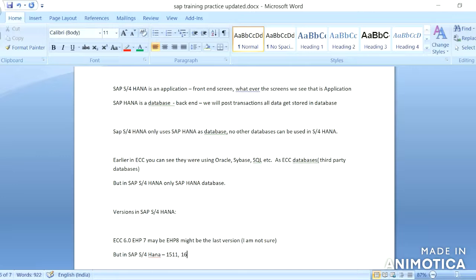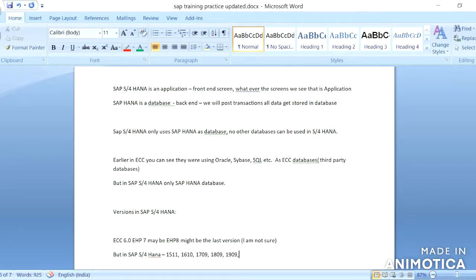Then the next version was released in October 2016, 16.10, and then in 2017 they released in September, 17.09, and then they followed releasing newer versions: September 18.09, now 19.09.